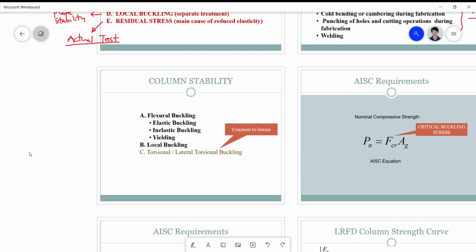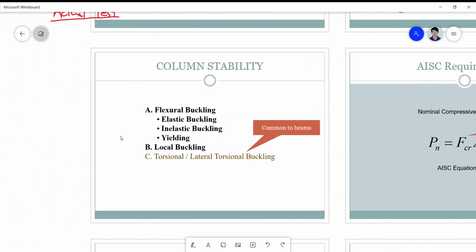Hello guys, let's continue our discussion on compression members. So let's take a look on some of the aspects considered in column stability analysis. So the first consideration is